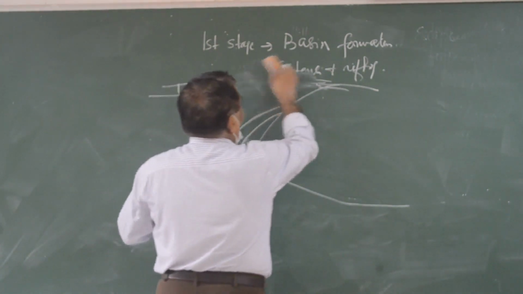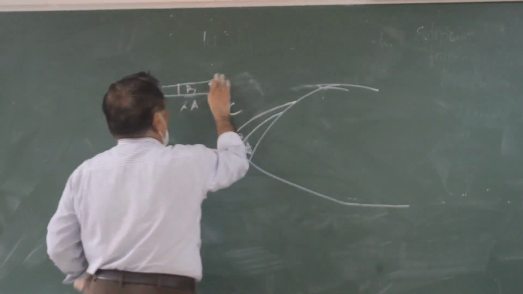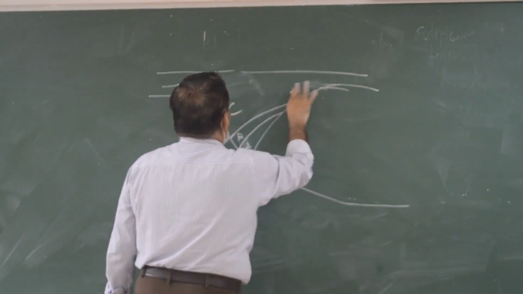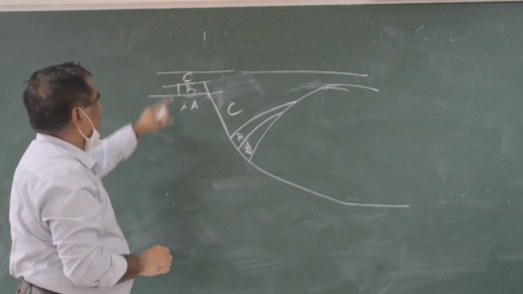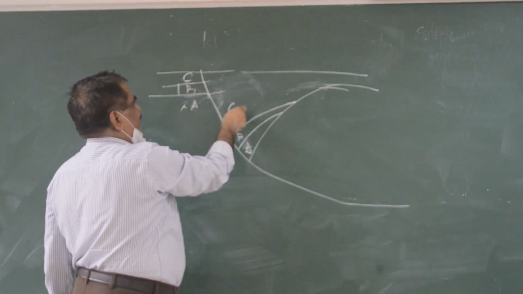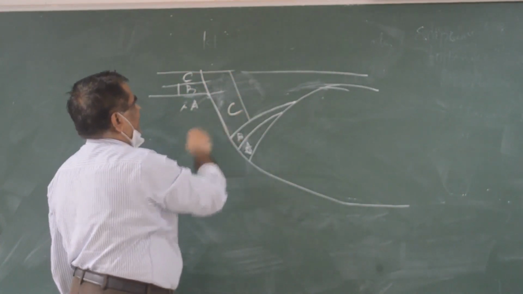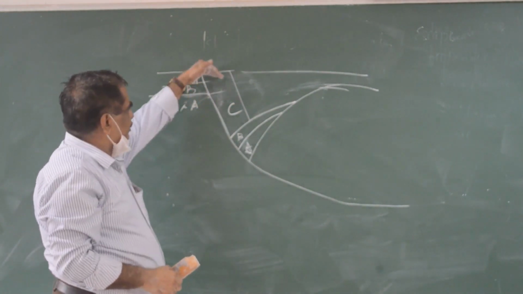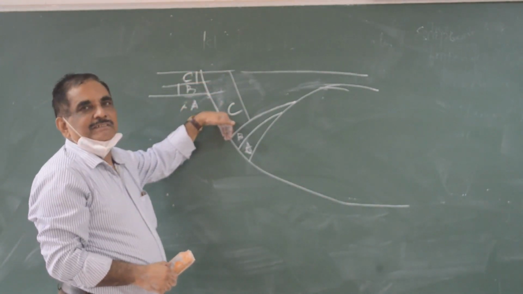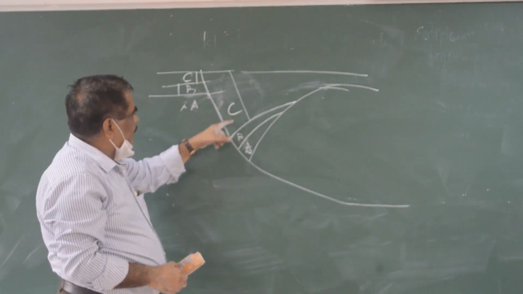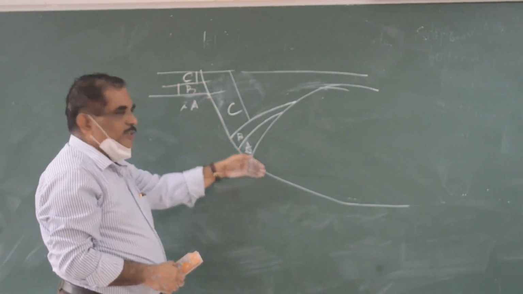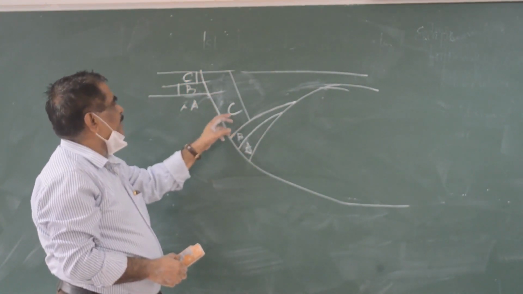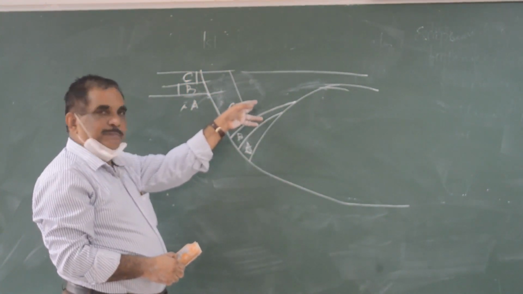So how will C occur? Now C will be like this. Here will be C also, and the other side will be C. And this C, you see how thick it is. But C will be very thin on the other side. Why will C be thicker here? Because we are creating a bigger depression here. Where did the depression come from? Because the faulting is going on, the extension is going on, rifting is going on. So this bed is deposited in the rift valley or rift basin.